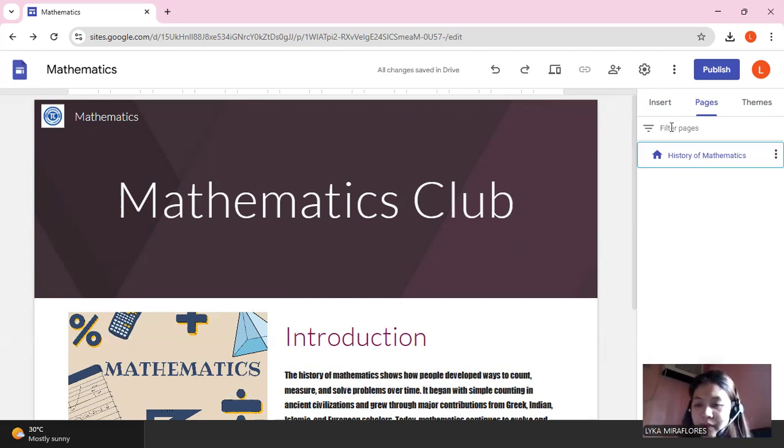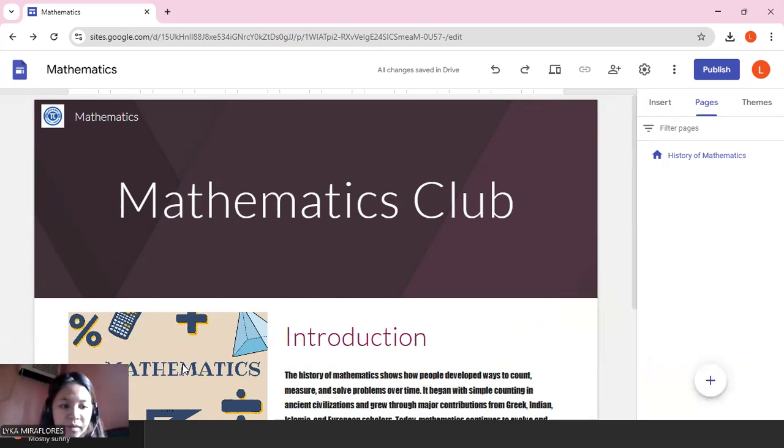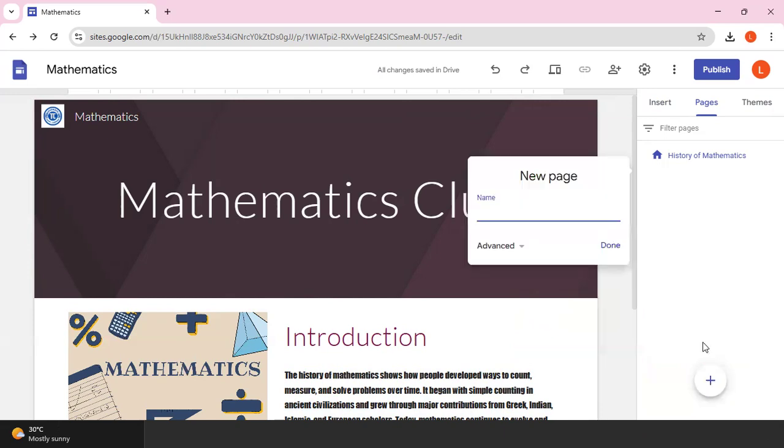There. Then you can also add. You'll be seeing this option. Sorry, the camera. Let's close it. You'll be seeing the add option here. And then let's try to put,